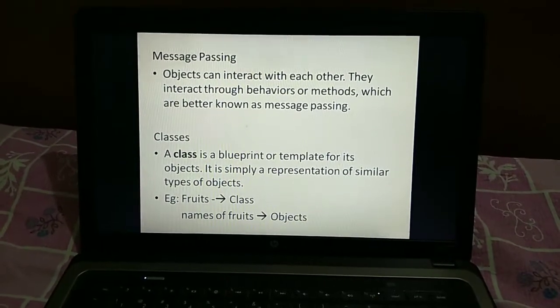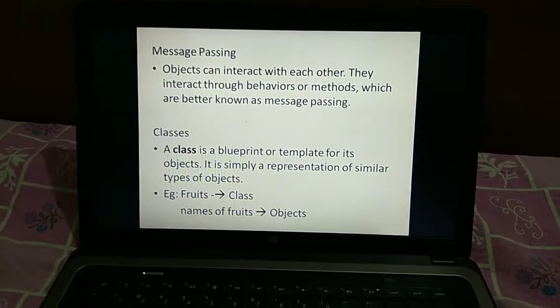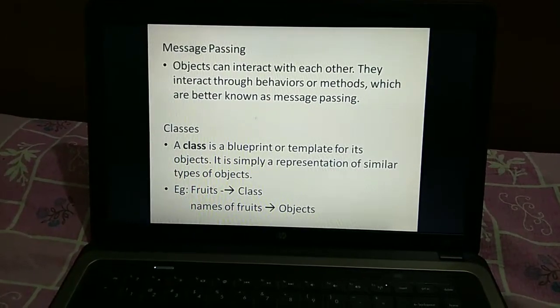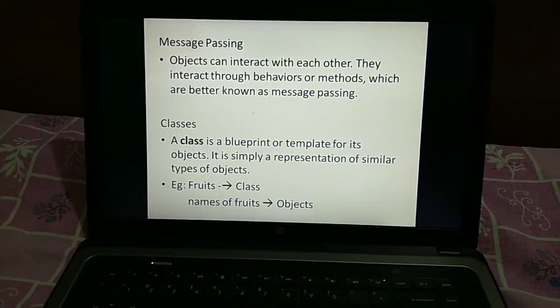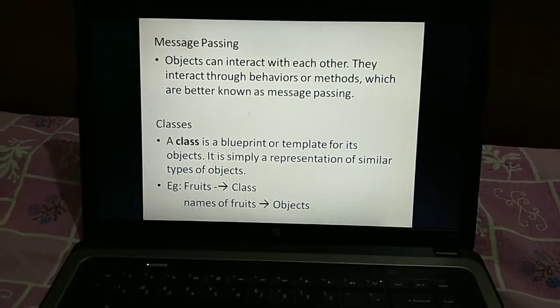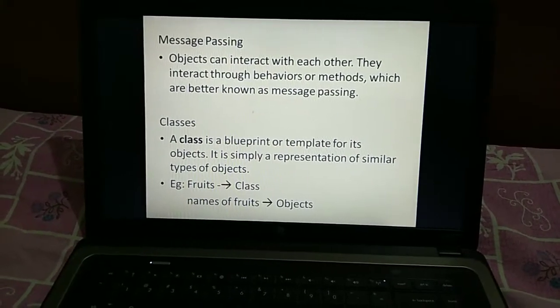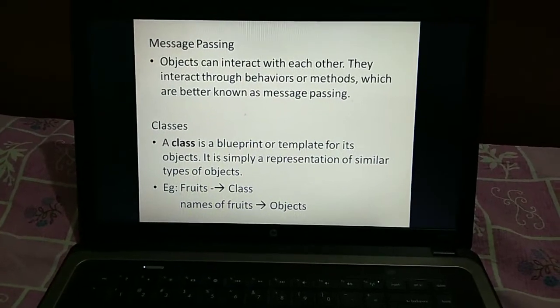It is simply a representation of similar types of objects. I have given you this example in your earlier classes also. A collection of objects is called a class. A class is a blueprint or a template for its objects. It is simply a representation of similar types of objects.